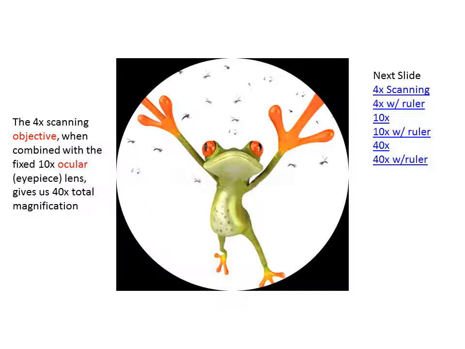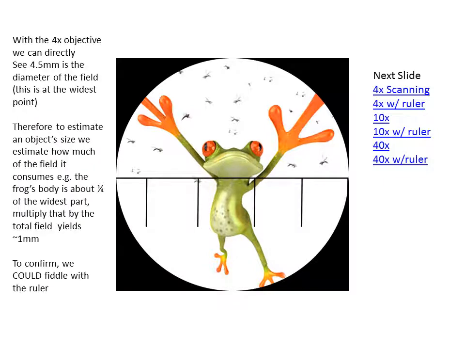And the way that we do that is we go to the 4x scanning lens and we use a ruler. So when we lay the ruler over it, we have to measure at the very widest point to get the full diameter. If you measure up here, for example, you're obviously going to get a much shorter length than you would down here. So we want the full width, and you'll find that it comes out to some millimeters and some parts of a millimeter. So we'll record that, and then we'll actually calculate the size of the 10x and the 40x using